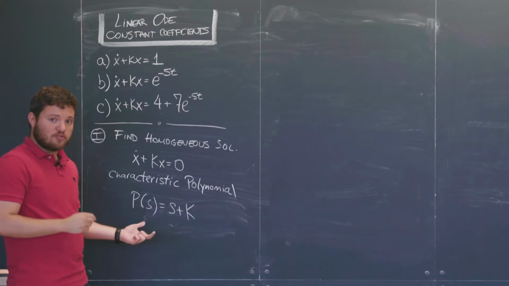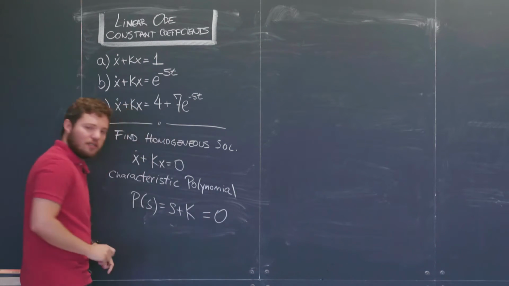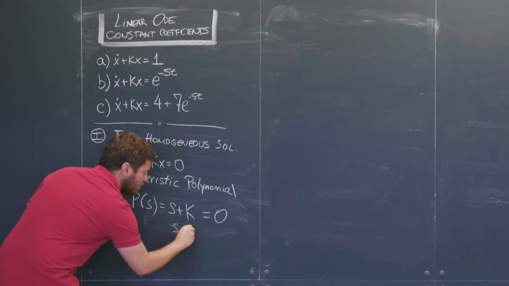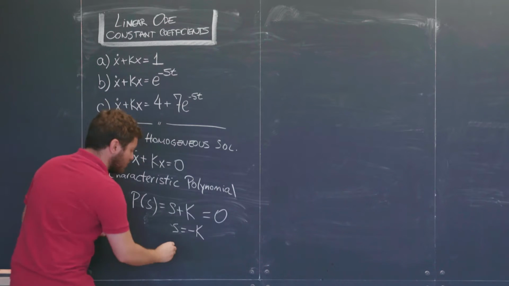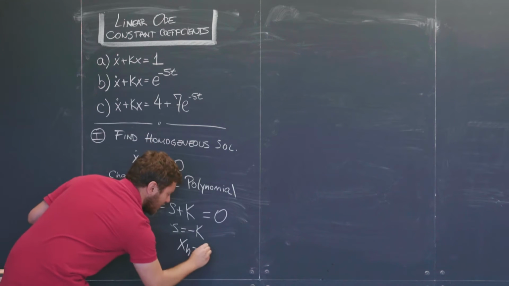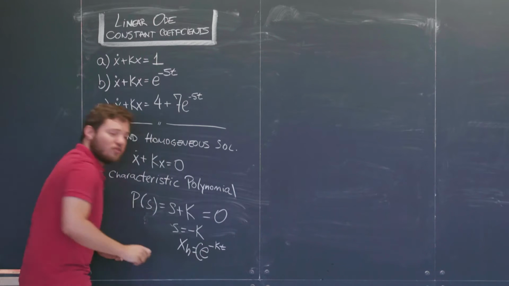We find the solution to the homogeneous problem by setting p of s equal to 0. That would tell us that s is equal to negative k. Therefore, our homogeneous solution, which we denote x sub h, is equal to e to the minus kt multiplied by any